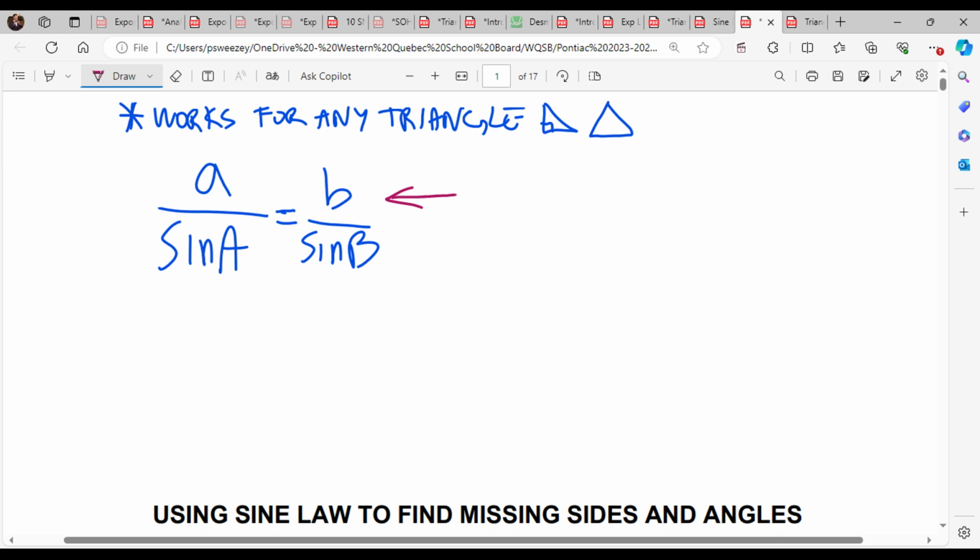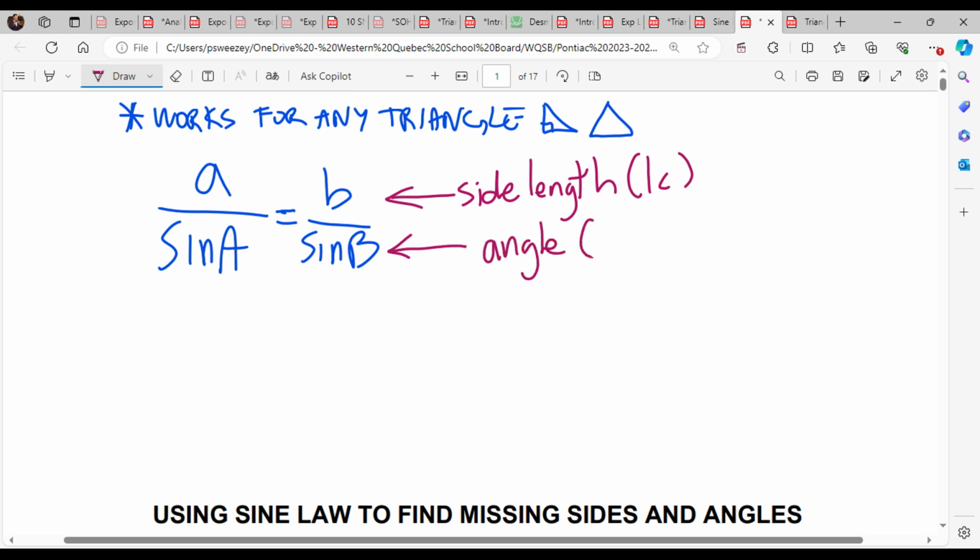On the top is always the side length. It is denoted by lowercase, whereas the bottom is always going to be the angle. And the letter for the angle is always going to be uppercase. And again, more important than anything